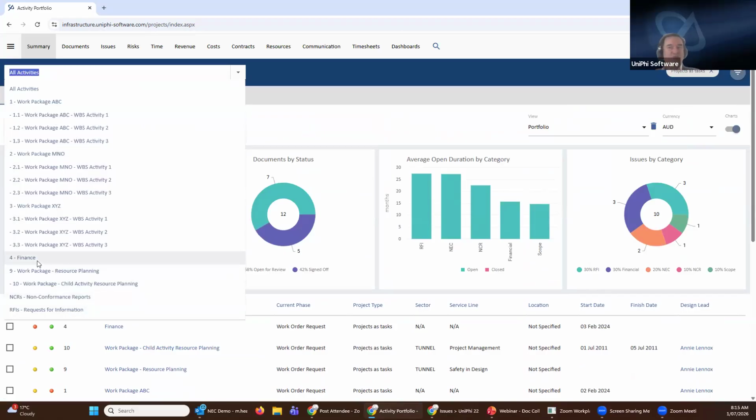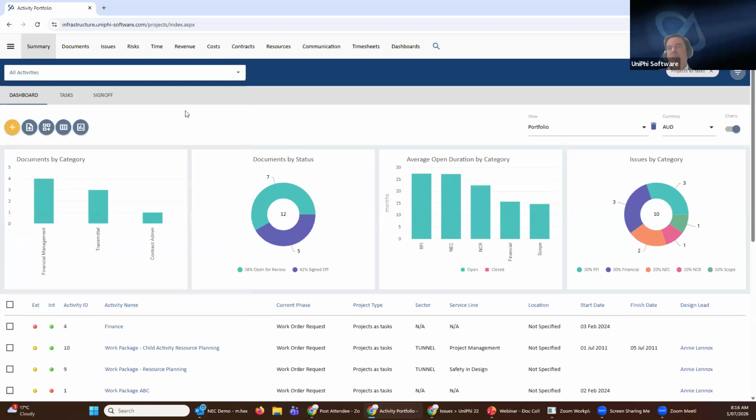So we're focused on the project controls in this demonstration, but UniPhi also does the commercial management, the invoicing to the client, the invoicing of sub-consultants into the project or JV partners, the split of profitability and the tracking of all of that, and the EACs from a JV perspective or a collaboration perspective. But we're looking at performance management because we're integrating that time, cost, scope, and quality elements into this.